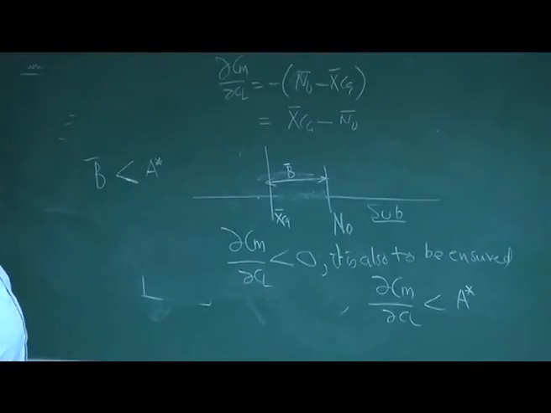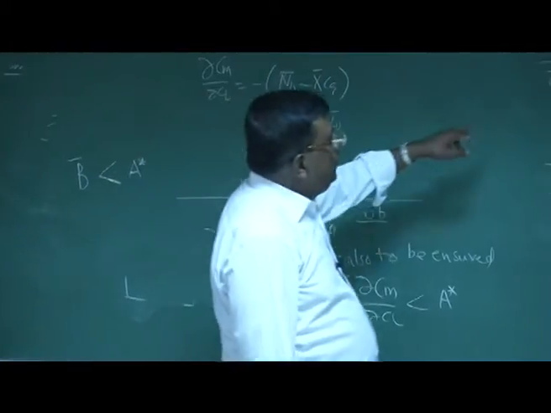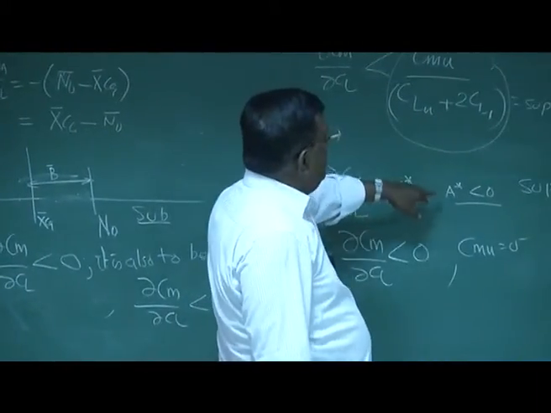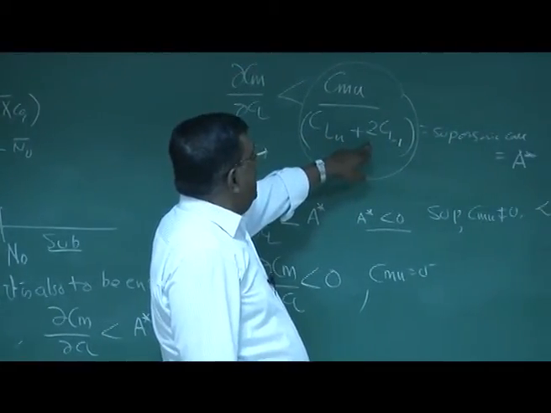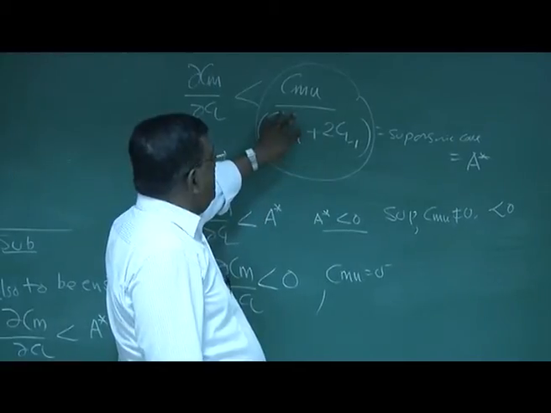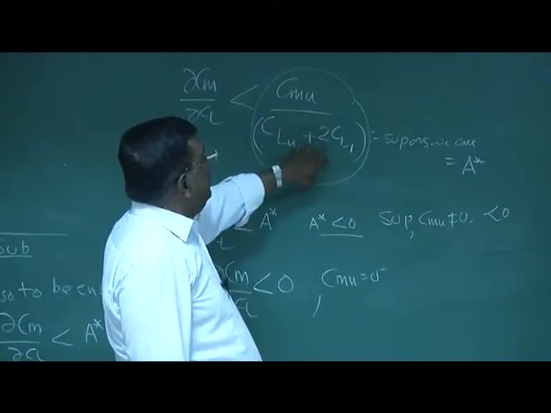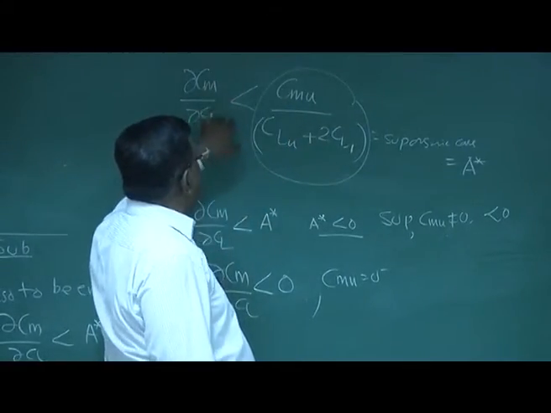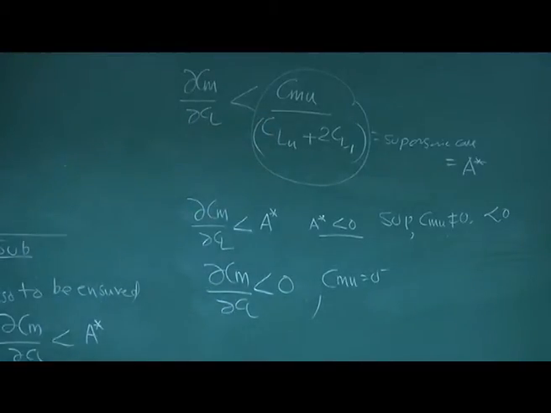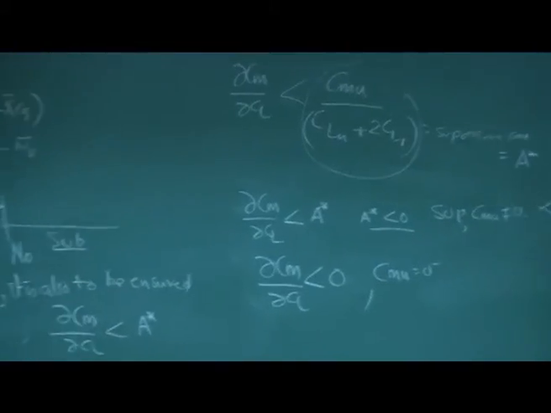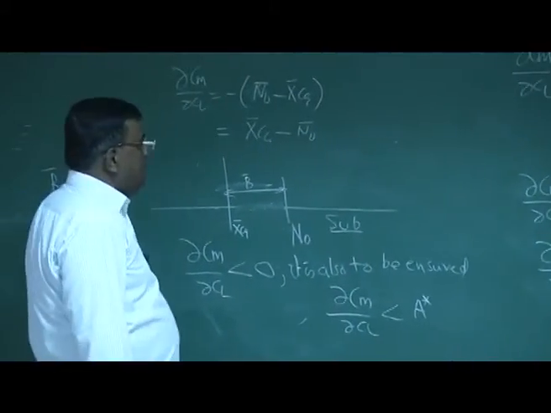Is this part clear? dCm/dCl should be less than A star. Please note that A star is negative. This is positive, and this you can even neglect, it is very small. This is positive, this is negative, so this value is less than 0. This is fine. So you should be very clear that for dynamic stability in the supersonic case,